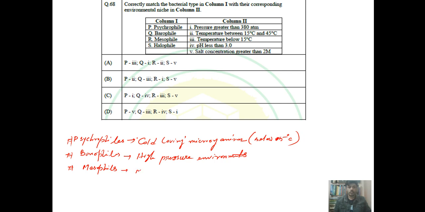mesophiles love to grow under moderate temperature, ranging from 15 degrees centigrade to 45 degrees centigrade, and the optimum temperature for growth is generally the human body temperature, that is 37 degrees centigrade. And if we see the halophiles,